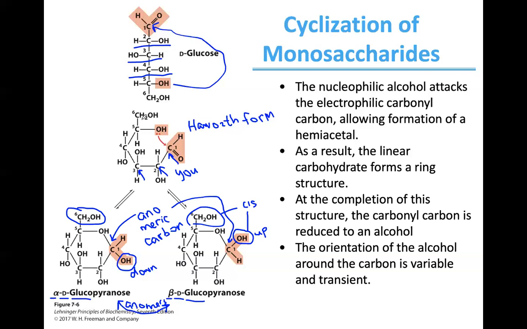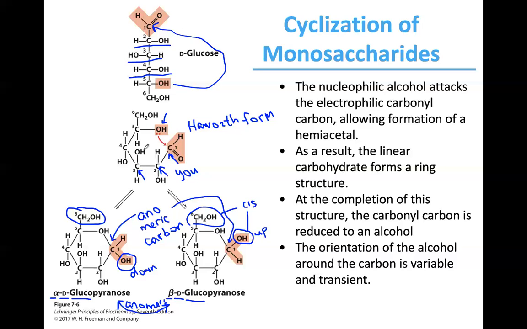So why do I draw the CH2OH up? Why not down? So I think the problem here comes from the fact that in my chain, in my Haworth form, carbon 6 should be here, right? Carbon 6 should be here, but I switched OH and carbon 6. So it's not really clear now where carbon 6 is. Is it up or is it down? And so what you can do